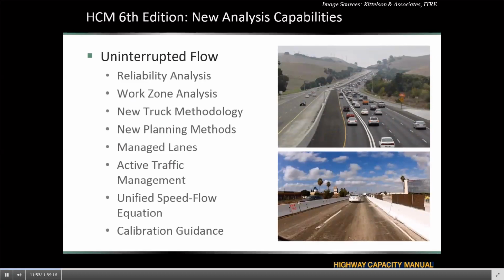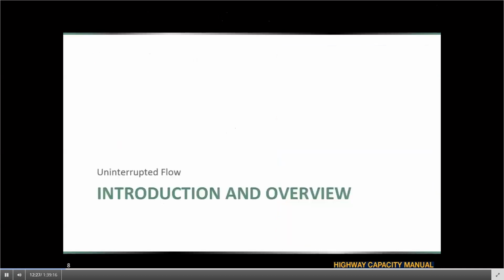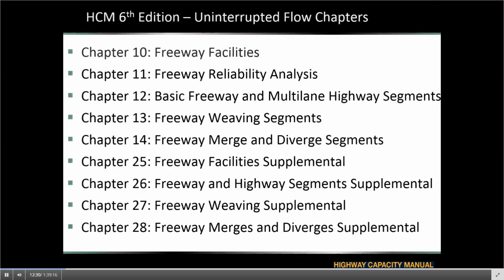The HCM for many years has focused on ideal conditions with ideal capacity of 2,400 passenger cars per hour per lane. But as is shown in the example in the bottom right of the screen, a work zone in Southern California, clearly this particular facility is not ideal conditions due to the lack of shoulders, narrow lanes, pavement conditions that aren't ideal during work zone. And so the expected capacity, frankly, is much less than 2,400. And for a long time, the HCM hasn't given that kind of guidance, which we have now overcome with this new edition. So let me start with a high-level introduction and overview of what is contained in these chapters.